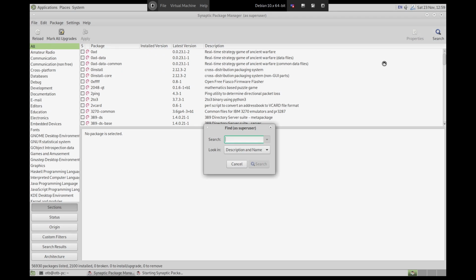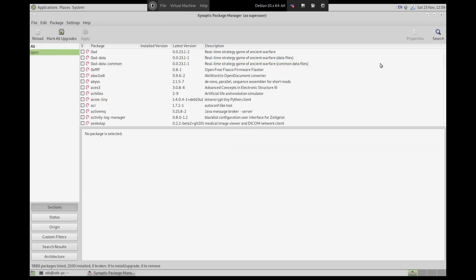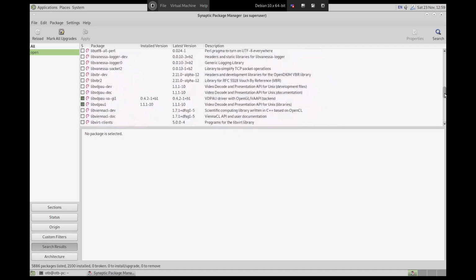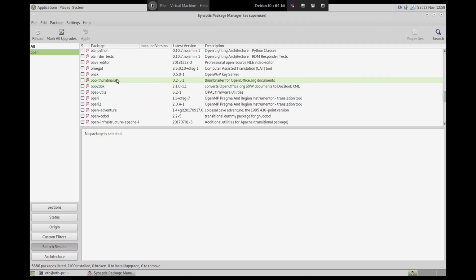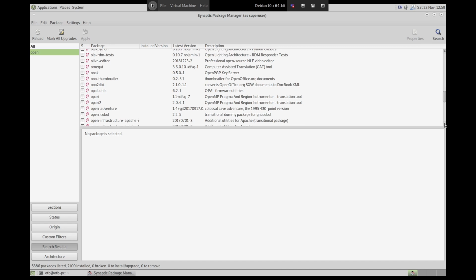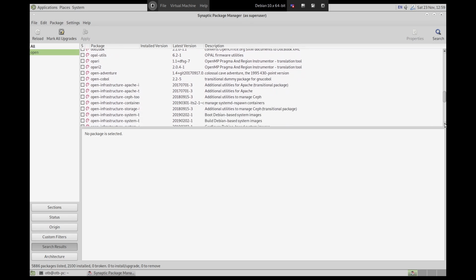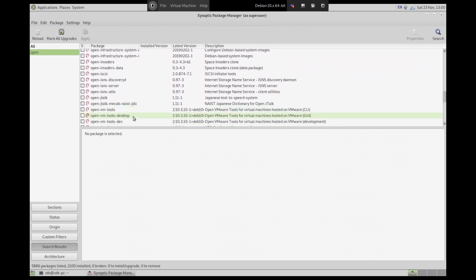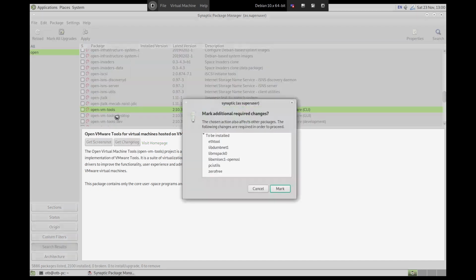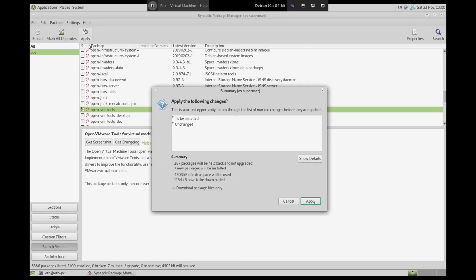I can't remember the exact name, but it starts with Open. Okay, it's not taken us all the way there, but let's go to Open. Scroll down until we find it, and there it is, Open VM Tools. I'm going to mark that for installation, hit apply,